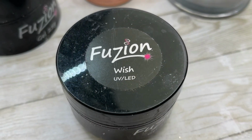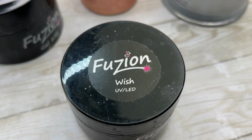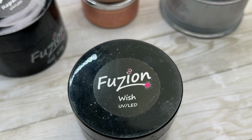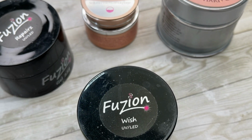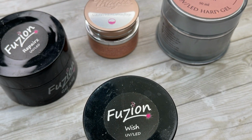And the star of the show is this Wish White from Fuzion. This is my favorite for baby boomers and for milk bath nails. It blends amazing. I know other brands have these milky gels on the market, but so far Fuzion still remains